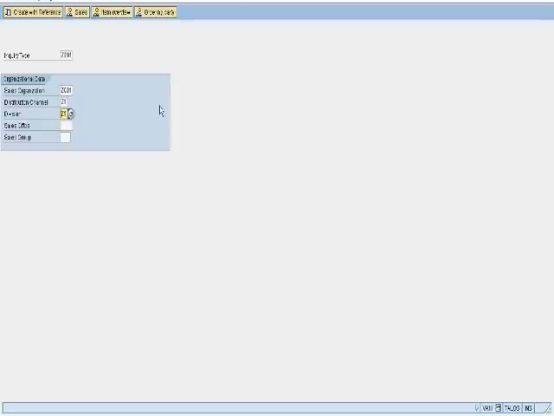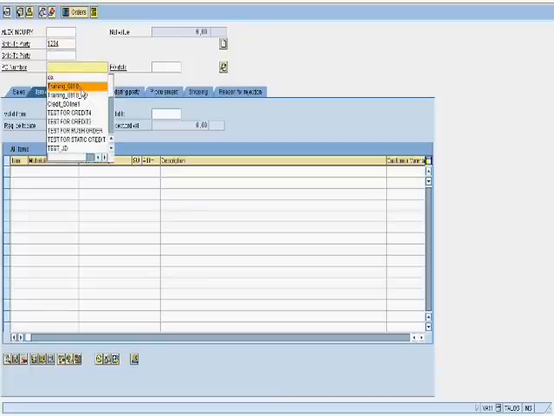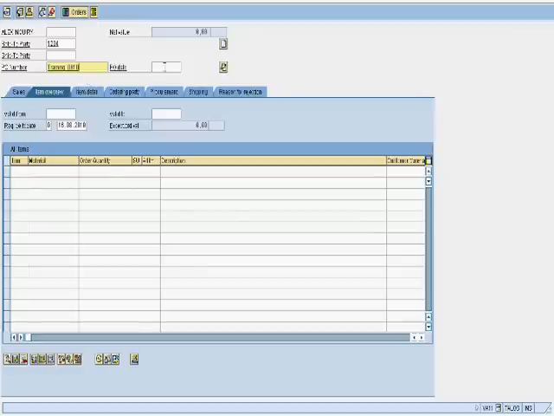Alright, I'm done with the fields on the first screen. I press enter. So this is the main screen of inquiry creation. I'll enter sold to party, a PO number,